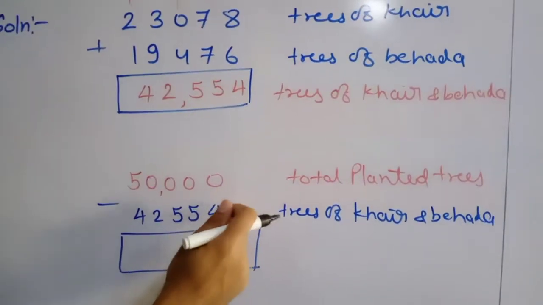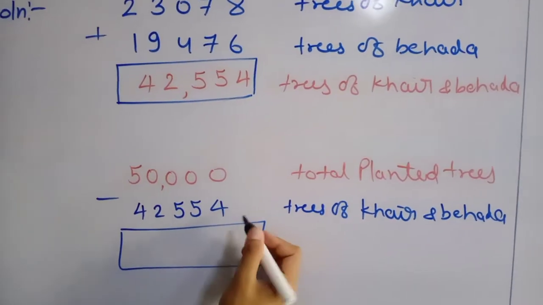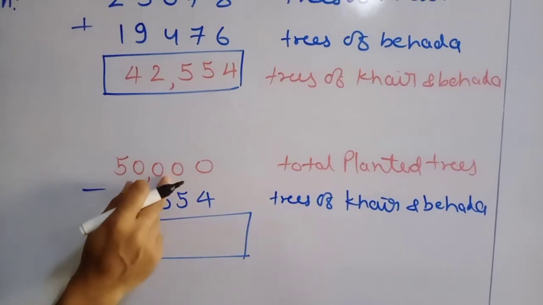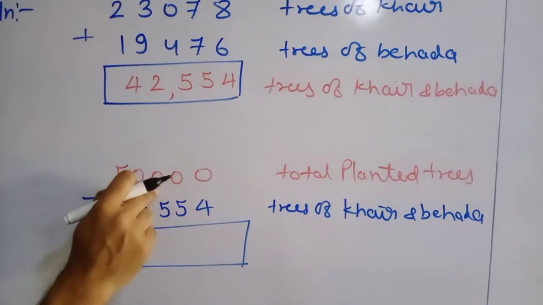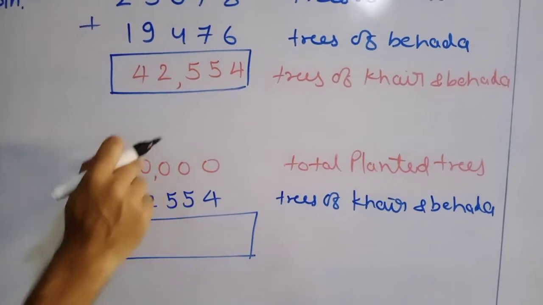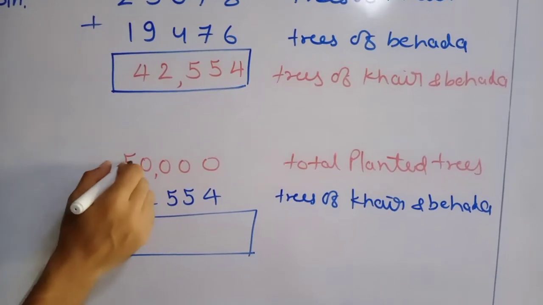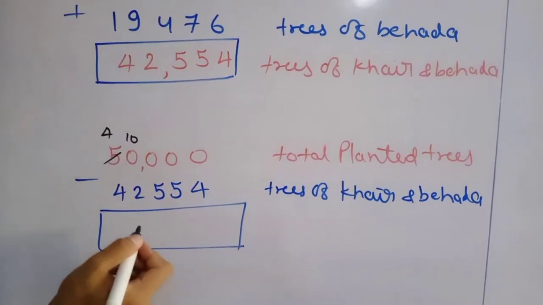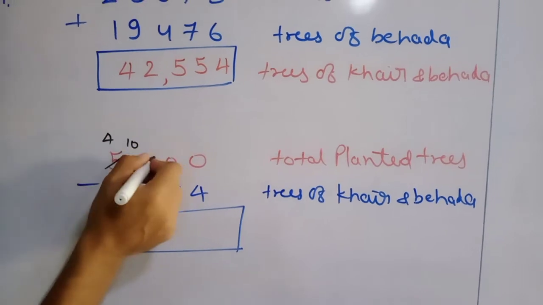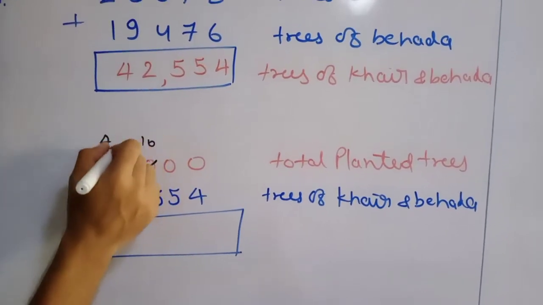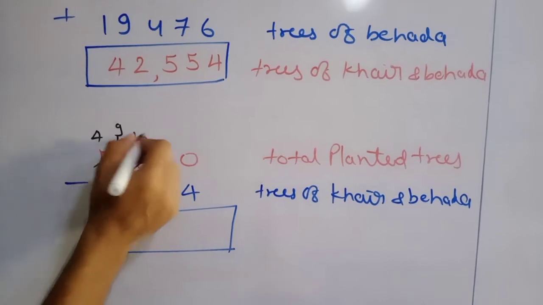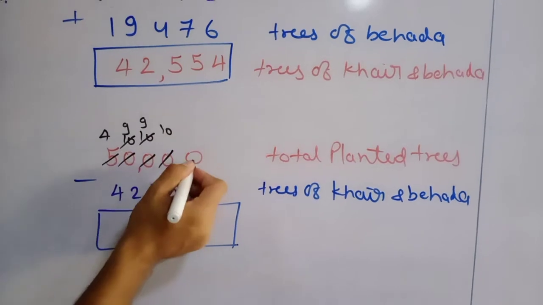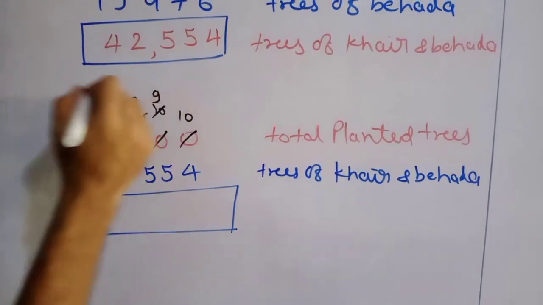Here always we start from the unit place. Now we cannot subtract 4 from 0, so we borrow 1 from the next number; next also there is 0, so it takes from the next number, and here also we have 0, it takes from the next number. So this 5 gives 1 and it becomes 10, and this 5 becomes 4. Now this 10 gives 1 to the next number, that will become 10 and this becomes 9. Now this 10 gives 1 to this one, this will become 10 and this will become 9. The same thing over here, it will become 10 and this will become 9.